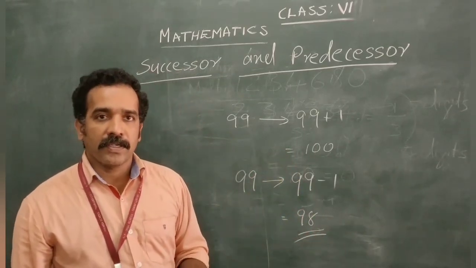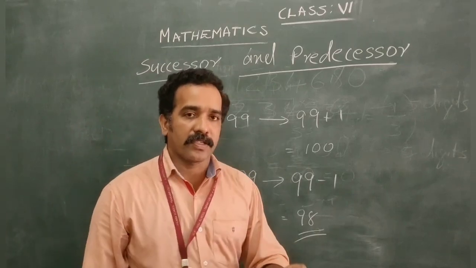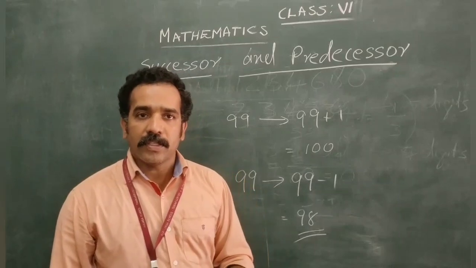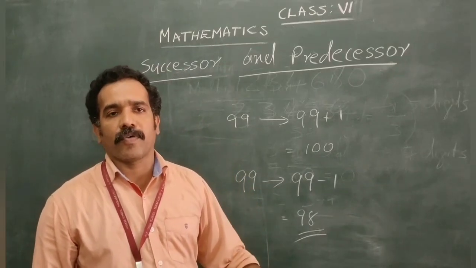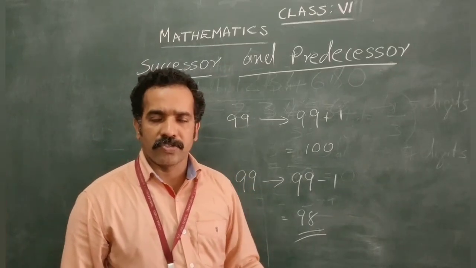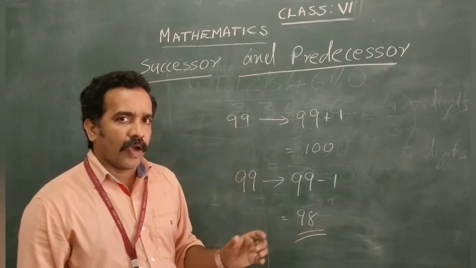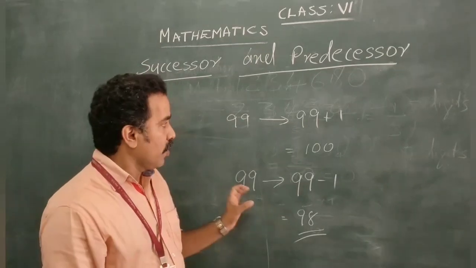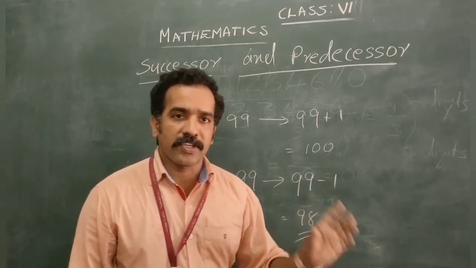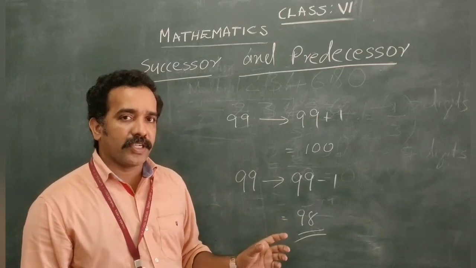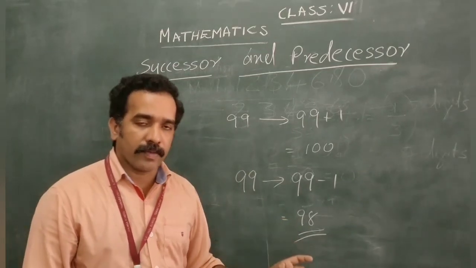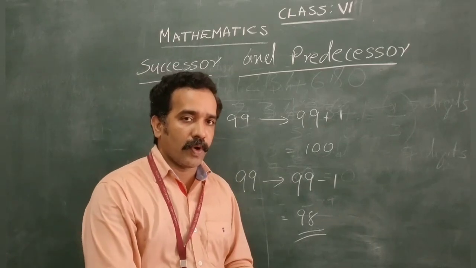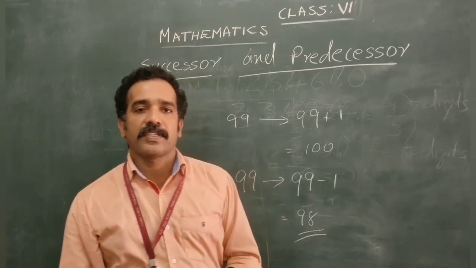Now the next portion, next thing I will just tell you, ascending and descending order. This ascending and descending order from lower classes you are studying. So I will just tell you the definition. As a one line definition I will tell you. The ascending order means arranging numbers from small to big. Ascending, small to big. That is what is ascending order.